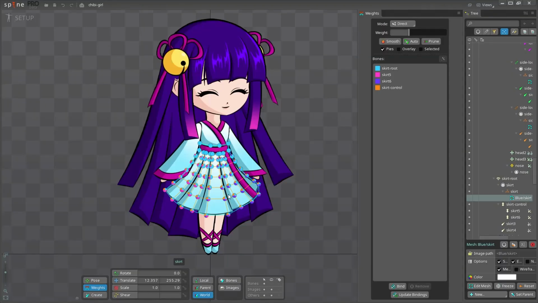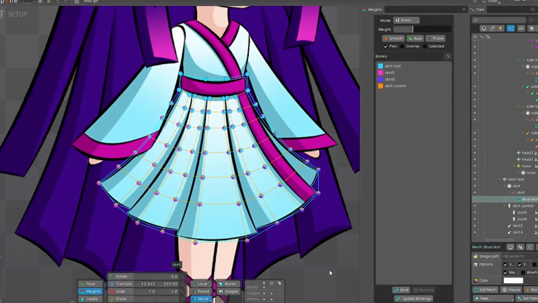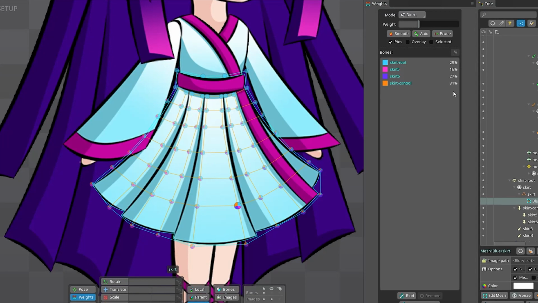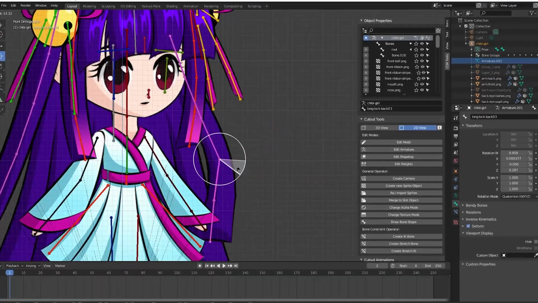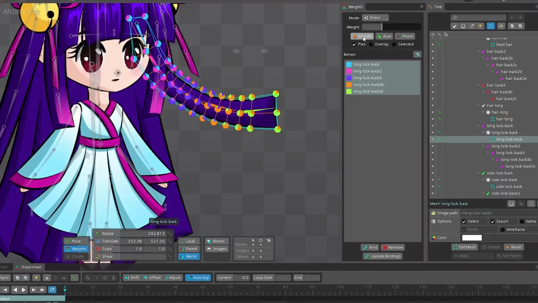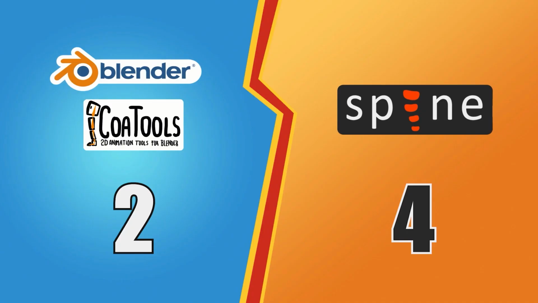Spine, on the other hand, gives you a full map of weights distribution with these little pie charts. You can easily see which bones have control over a certain vertex, as well as the amount of influence they have on it. Moreover, you can see the exact percentage here in the weights view, and it can be modified easily. So, to sum up, it seems like Blender handles the auto weights calculation better than Spine, but Spine gives you a whole picture of weights distribution. I feel like both have an equally solid advantage over the other, so none of them scores in this round.